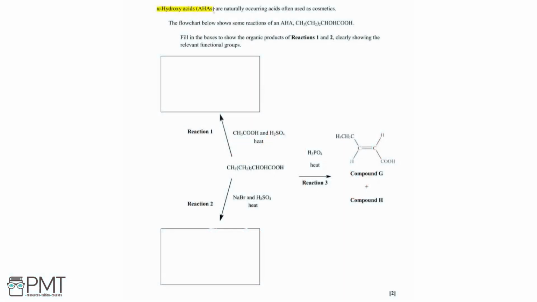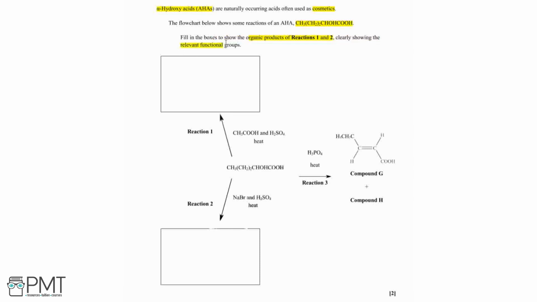Alpha hydroxy acids are naturally occurring acids often used as cosmetics. The flowchart below shows some reactions of an alpha hydroxy acid with this formula in specific. And we need to fill in the boxes to show the organic products of reactions 1 and 2, clearly showing